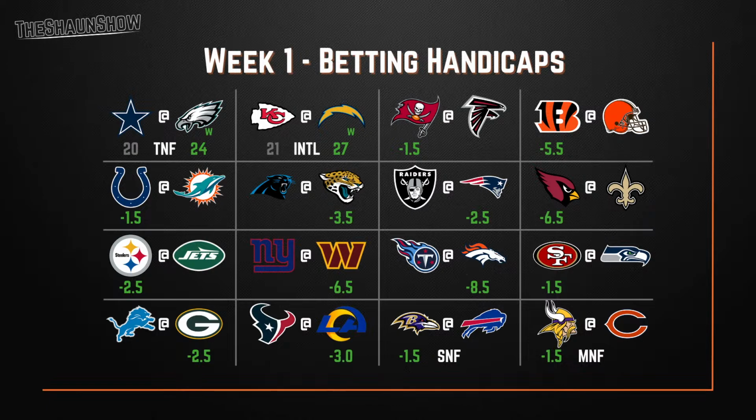Patriots here actually minus 2.5 at home under Mike Vrabel. But man, we got Geno and Pete Carroll and a fired-up Raiders team. I think I'll take the Raiders here. I think I'm taking the Raiders here at probably plus 2.5. Arizona Cardinals minus 6.5. They get the points. I'm taking them. No questions about it.